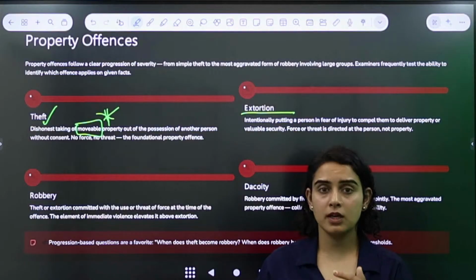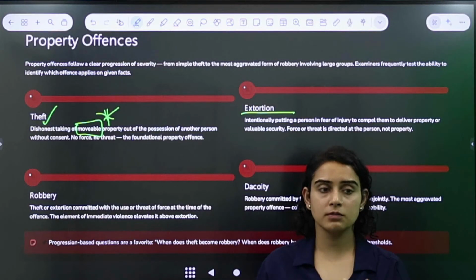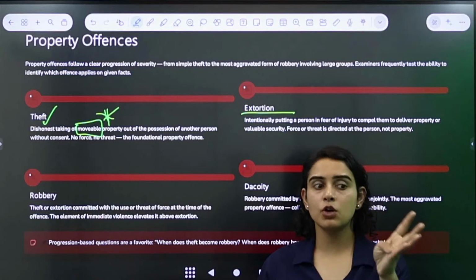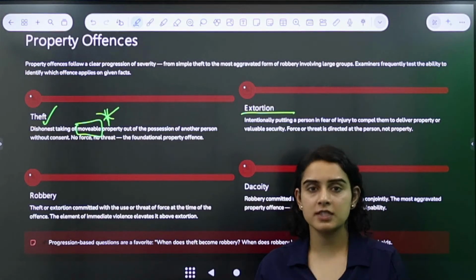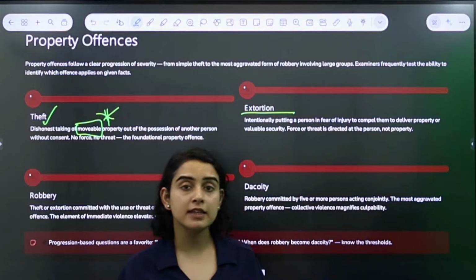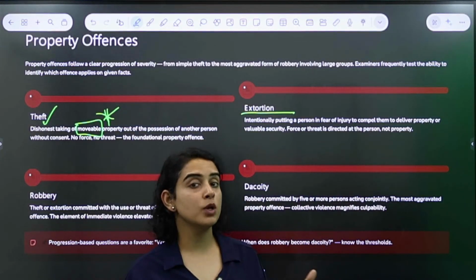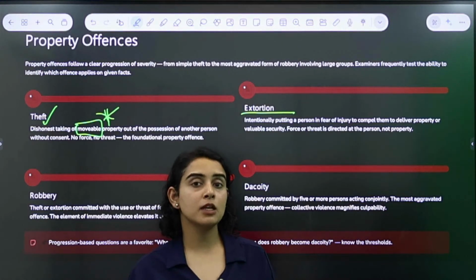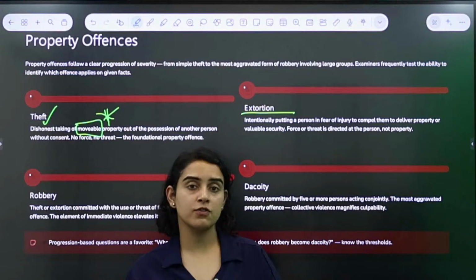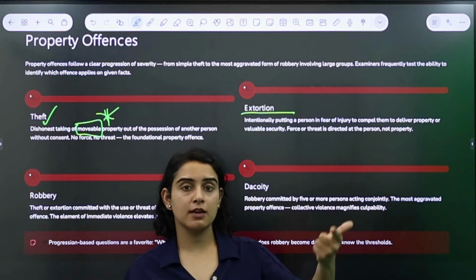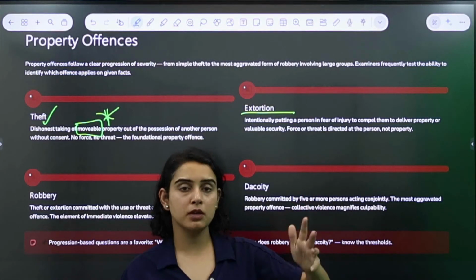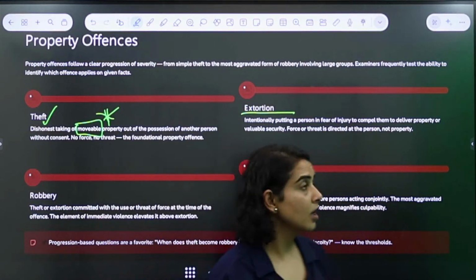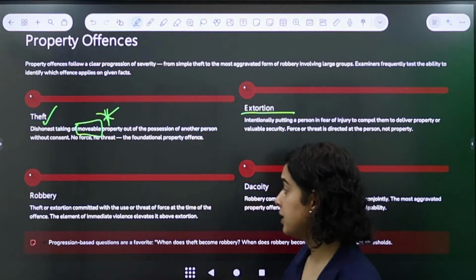They're not taking away any kid, right? They're not taking away anyone out of their custody, right? But they are threatening them that, okay, if you will not send us this much of money, you will be in loss, right? You will lose your life, or maybe your family's life, or maybe we'll burn your house, we'll burn your car, whatever it is. That's extortion. Okay. Then we have robbery.